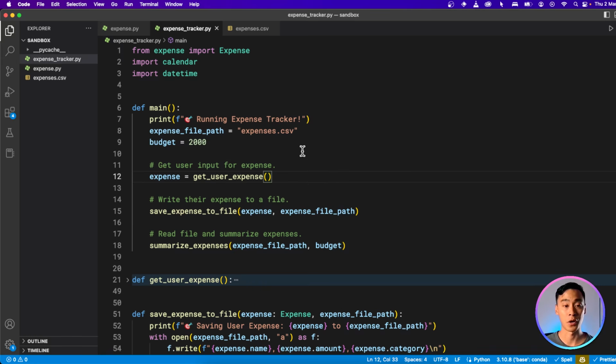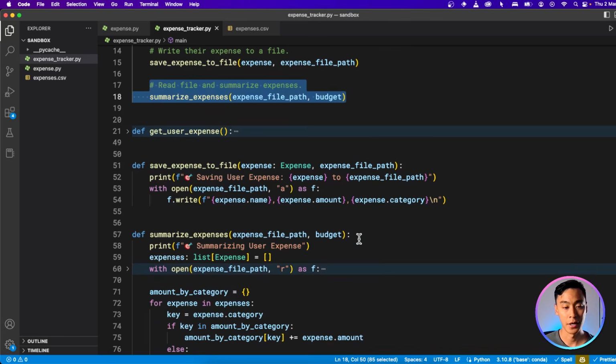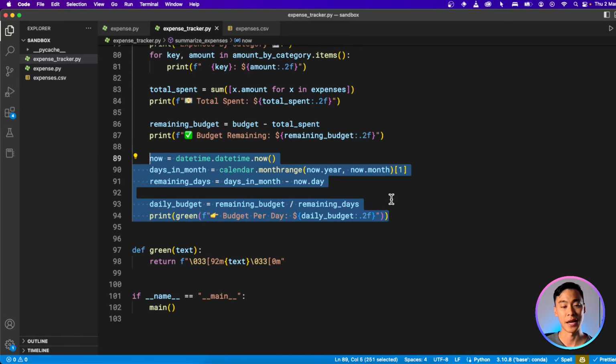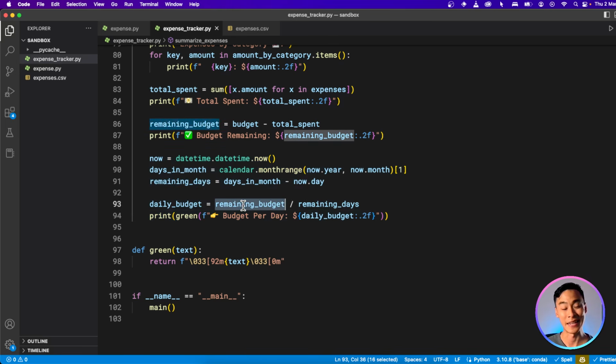I hope you now feel more comfortable with the problem-solving process of taking some business requirements like what we had for the app at the beginning and breaking them up into smaller problems and smaller pieces of Python that we can write and test individually. Also, we encountered a problem that we haven't seen before, which is how to calculate the remaining days within the month. And you will typically always come up against problems that you've never seen before or you don't know how to solve. And that's just a normal thing.